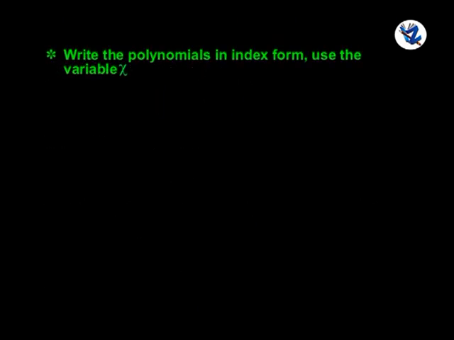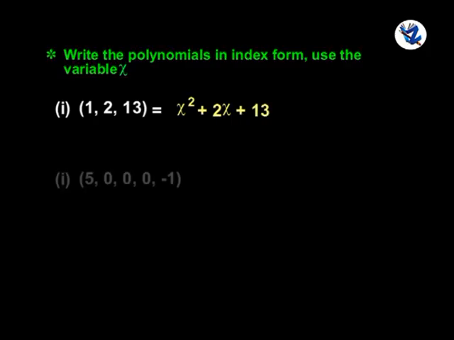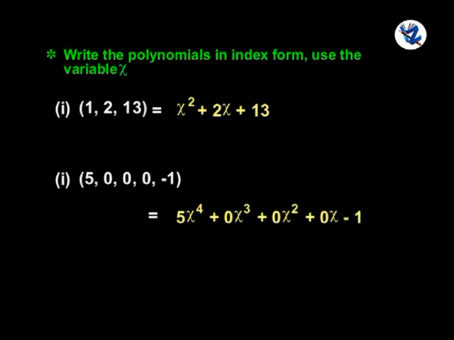Next question, write the polynomials in index form. Use the variable x. 1, 2, 13. The index form is x raised to 2 plus 2x plus 13. Next one, 5, 0, 0, 0, minus 1. The polynomial in index form is 5x raised to 4 plus 0x raised to 3 plus 0x square plus 0x minus 1, that is equal to 5x raised to 4 minus 1. Now let's see